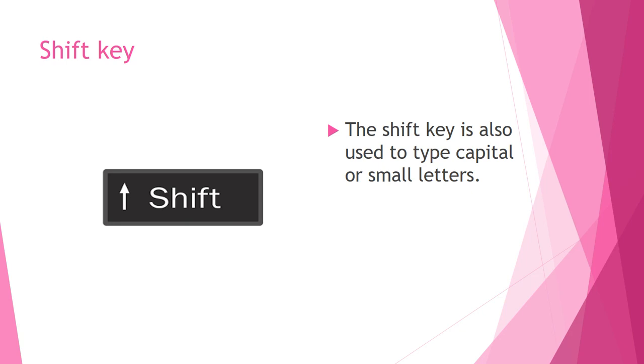Along with that symbol key, for example, to get the symbol @ we press these two keys, shift and 2. Then you see on the screen @. Okay, we see two shift keys on a keyboard. How many shift keys are on a keyboard? Two shift keys. They are on opposite sides and can be pressed by the fingers of the left or right hand.